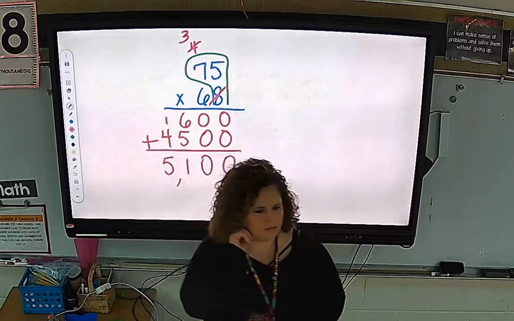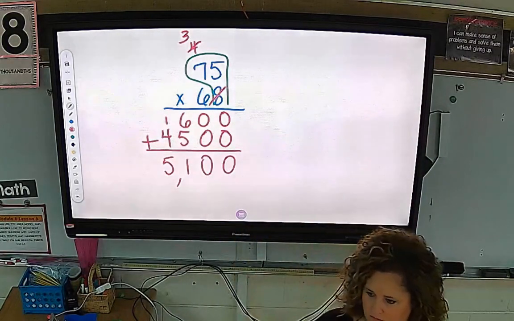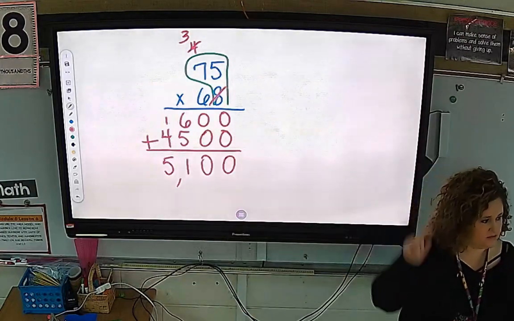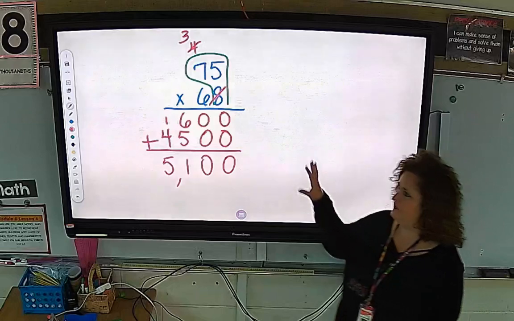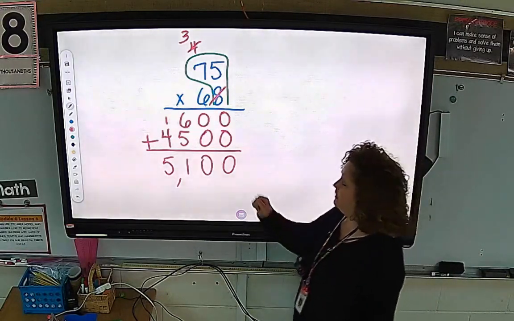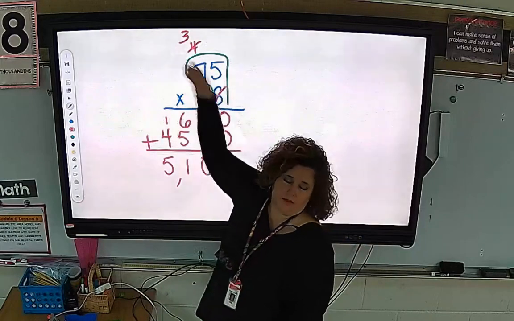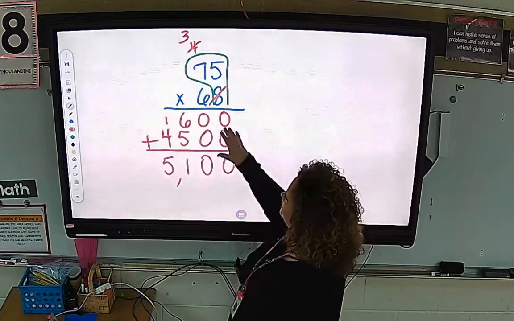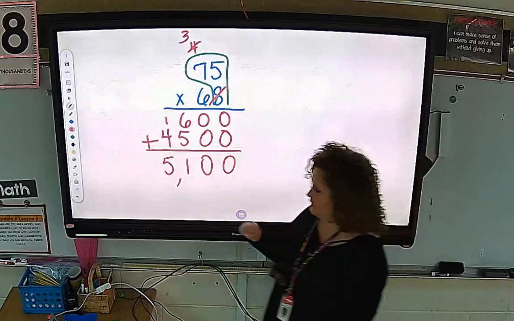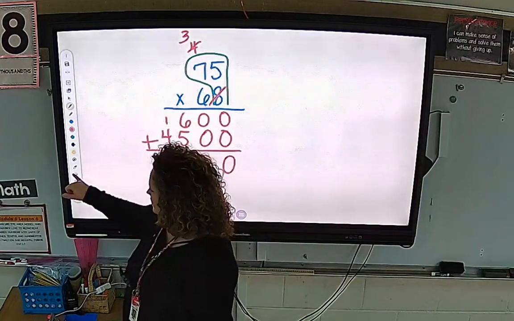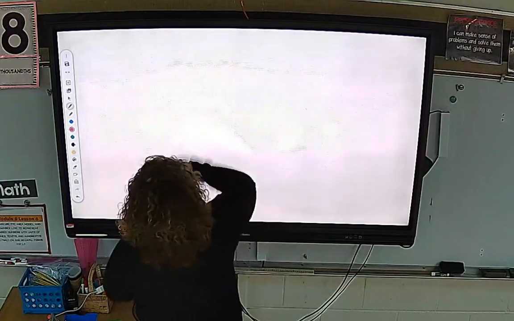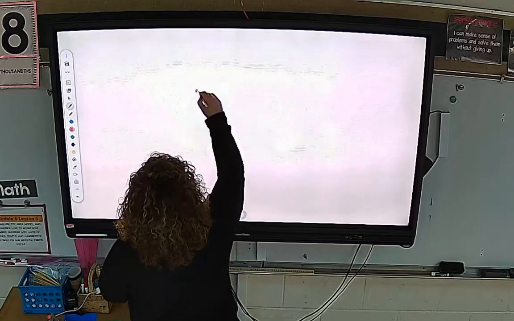We had some review problems, several of us on Friday. Several of you got a lot of these correct. I think if you missed any, it was just little things. Maybe forgetting to add a number that you carried. Maybe not putting that 0, which is not really a little thing, but just be careful because by now we know how to do this. All right, what if we have a problem like this? Let's say it says